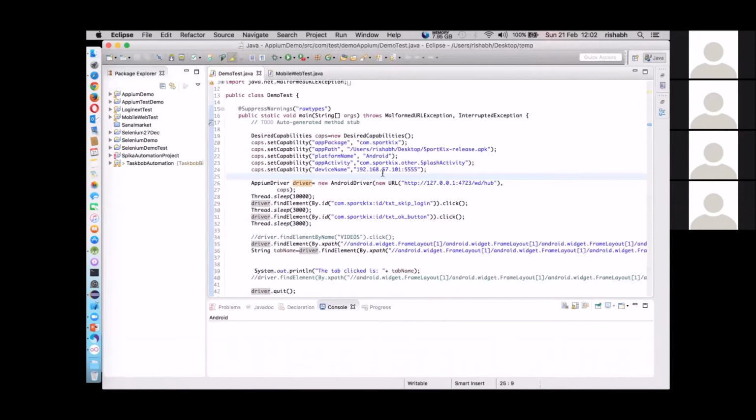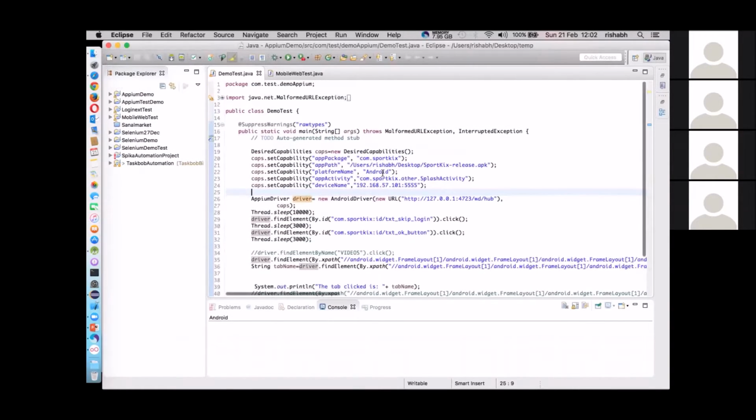Yes, so this was a simple application test, how you can create it, how you can start using Appium. There's nothing much to worry about. If you don't understand, it's just for the demo purpose. It's really not to worry about if you don't understand anything at this point of time.